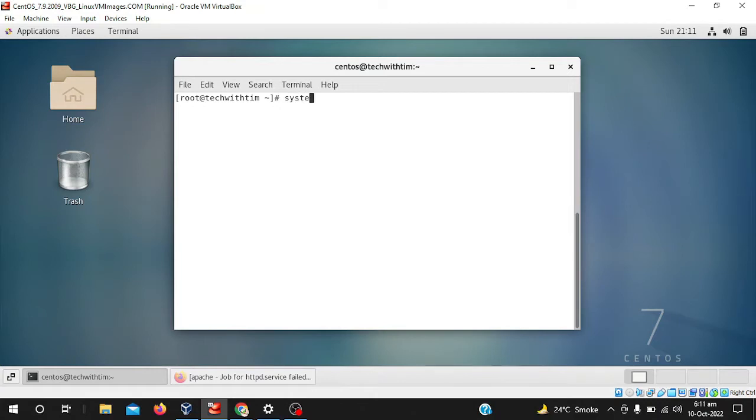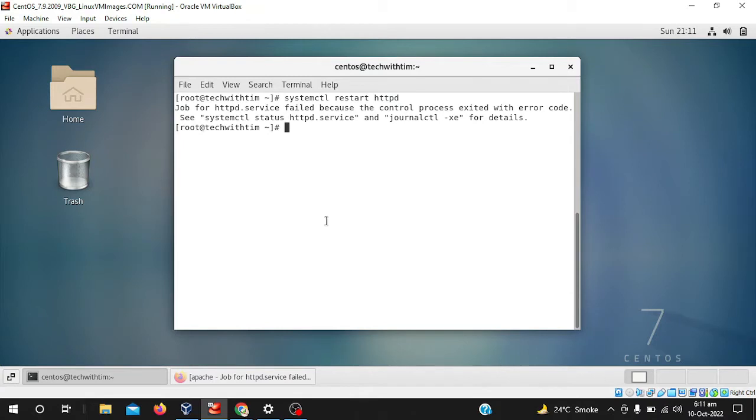First, I will write systemctl restart httpd. With this command I am trying to restart the httpd server. Here you can see the main problem they are showing is this. So now I will check why this problem is showing, and for that I will simply write apache